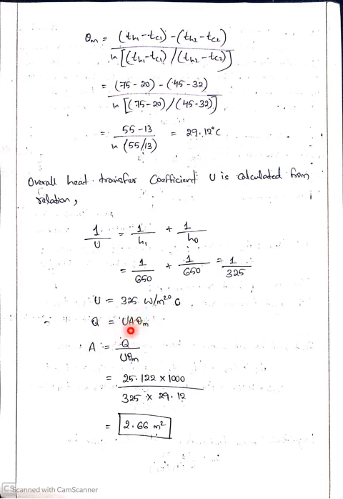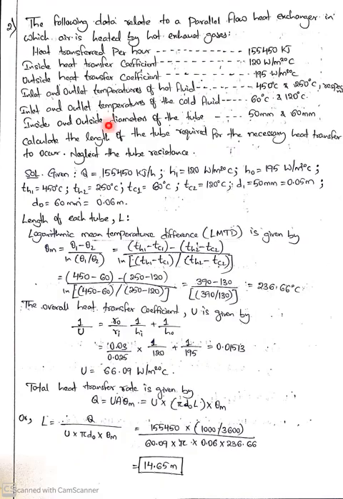So we need to find the area. Substitute the values and you'll get it in square meters. Very simple and basic problem. Let's see how to solve this. He has given the parallel flow, so first identify the type of flow given in the question and draw the temperature distribution for better understanding, to take the values of theta 1 and theta 2.